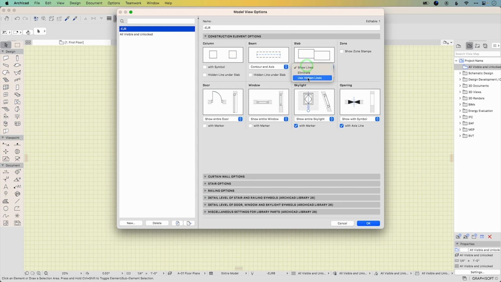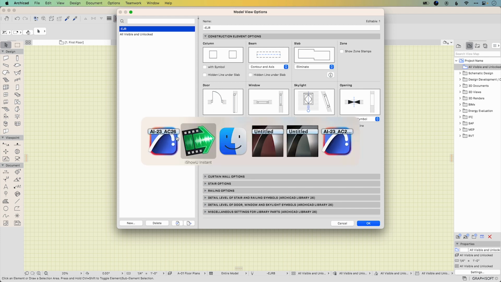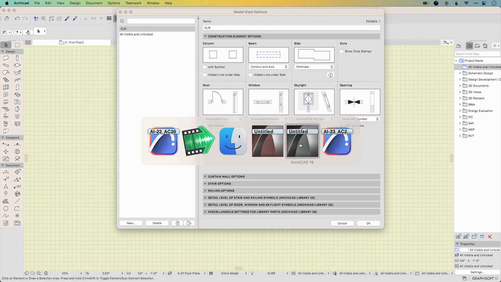The main issue with that is that it is obviously very easy to make a mistake. Once you change this, then this changes. And if this is applied to different views, then you need to remember what you did back. And this is different. And if we go back to Archicad 19,